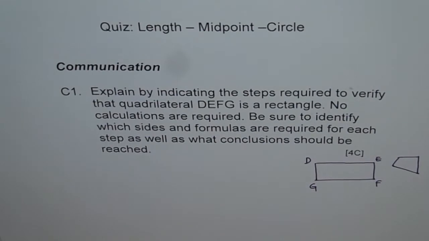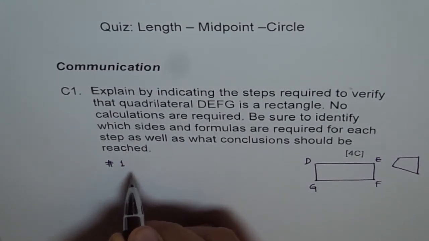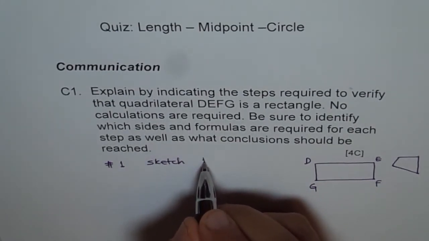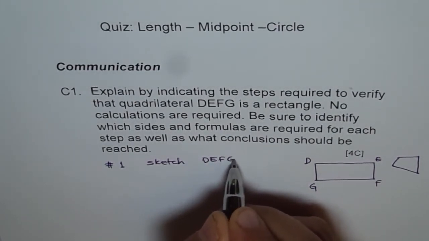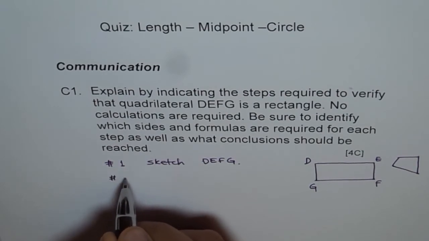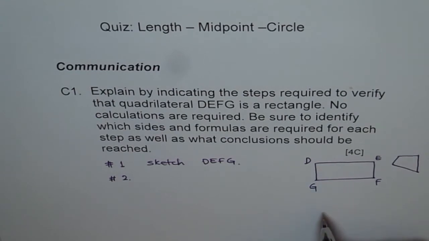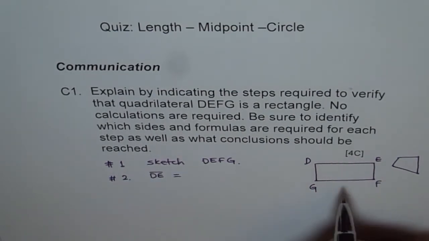So first thing is to sketch your quadrilateral. It's better to explain what you're trying to do. That's step number one: sketch the DEFG quadrilateral. Step number two: we should prove that the opposite sides are of the same length, correct? So what we need to prove is that DE is equal to